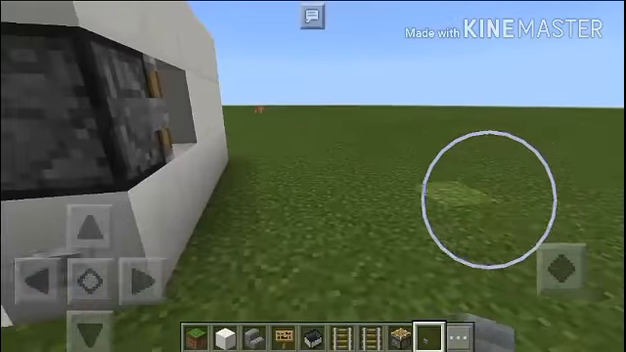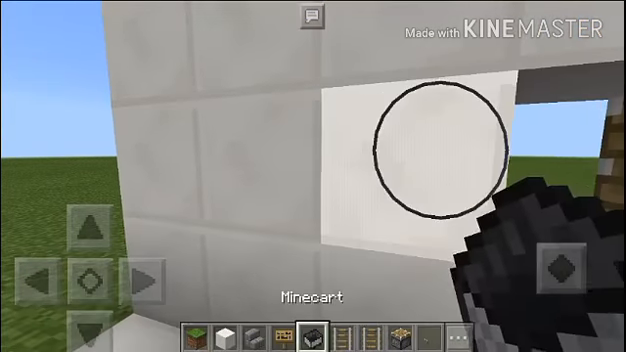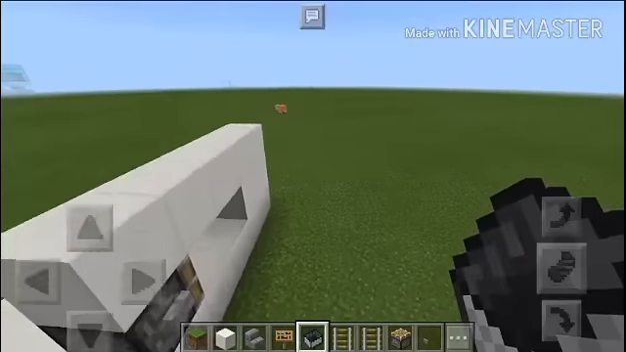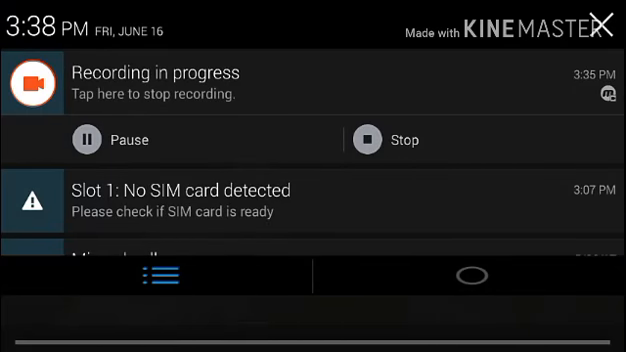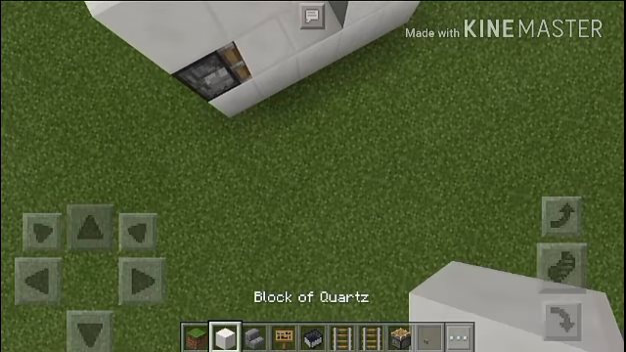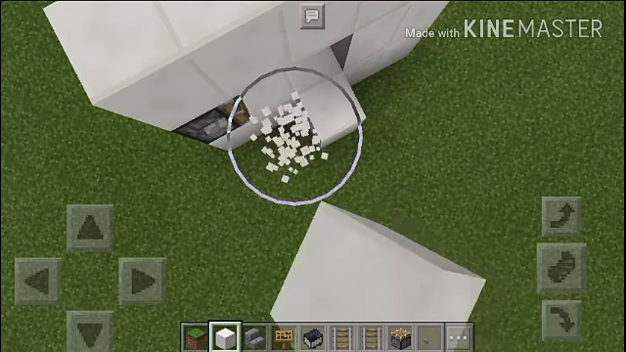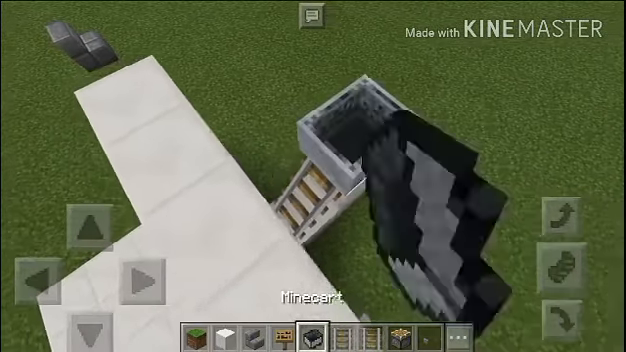Let's adjust. Oops. Adjust here. And do this again. Point here, and like that. Do this again. Oh. Push like that,